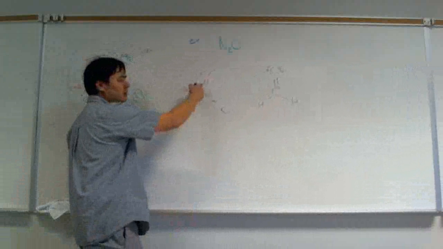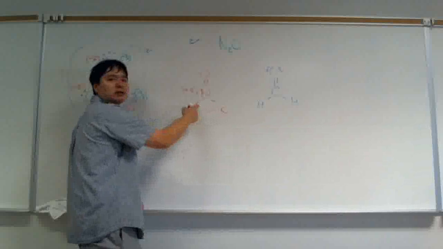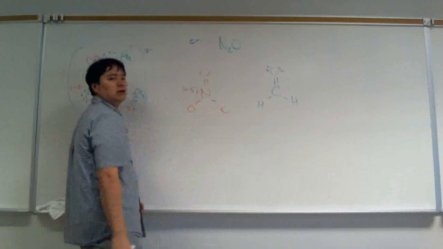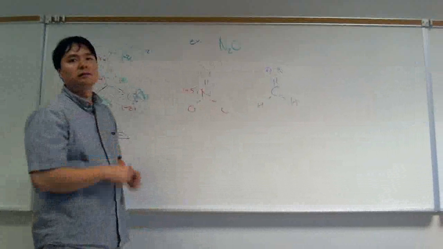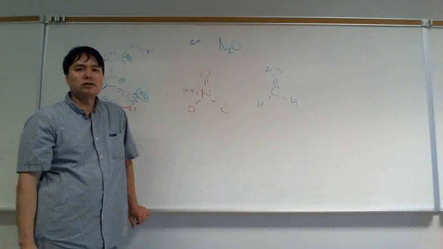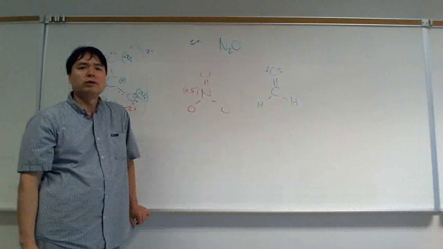Here, there's a choice. Could I put the double bond here? Yes. Could I put it here? Yes. Could I put it here? Yes. Here's a choice. Therefore, there'll be 3. You do every choice that you can make within a certain